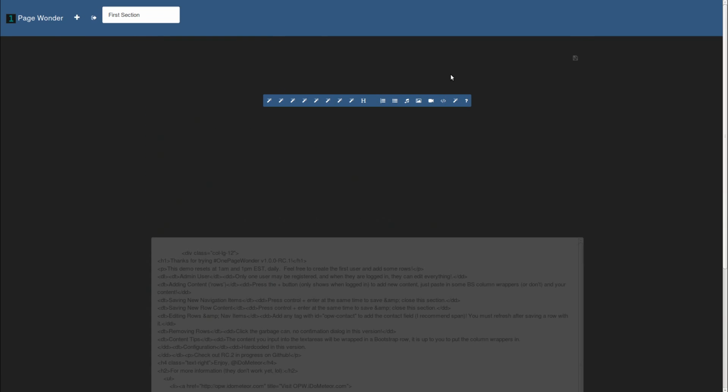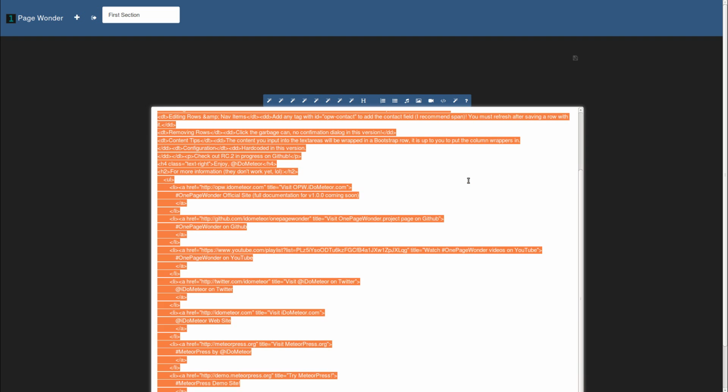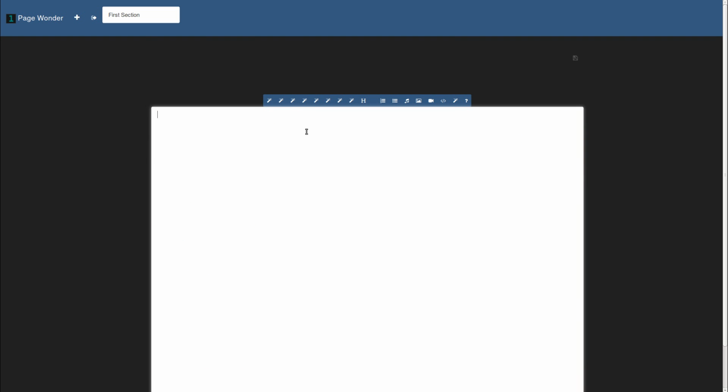We can edit the home row, and you can see right now all this content in there. Boom, boom. We will get rid of that and throw in another bootstrap column 6 and a column 6 maybe again. No, that's column 4. Whatever, change that. And now we'll say column 1